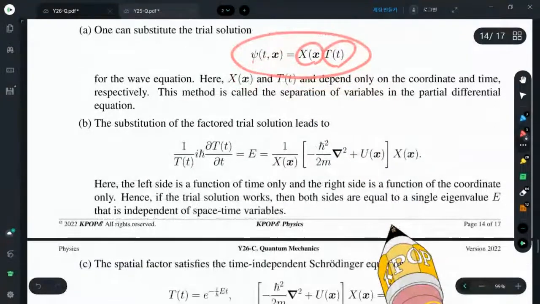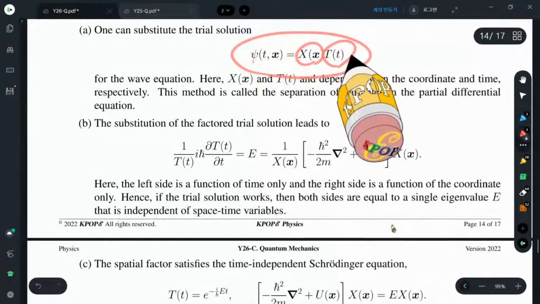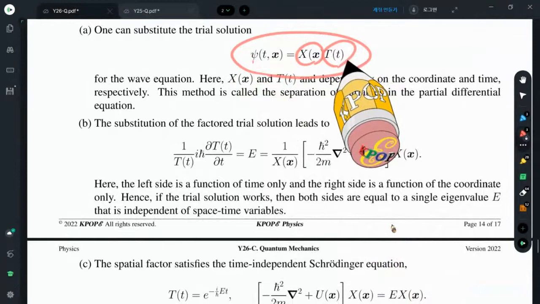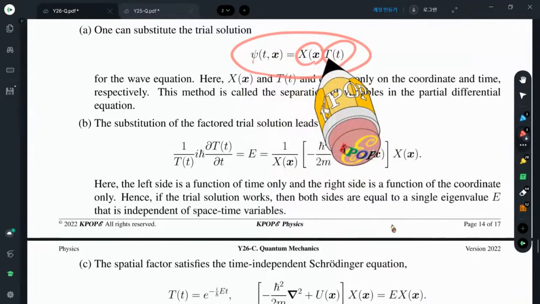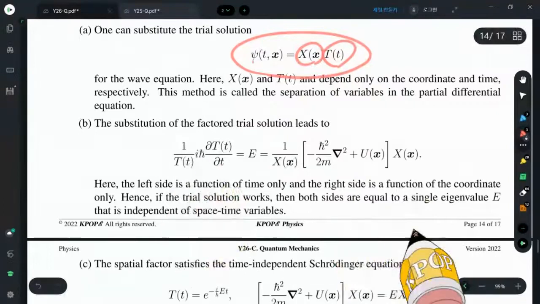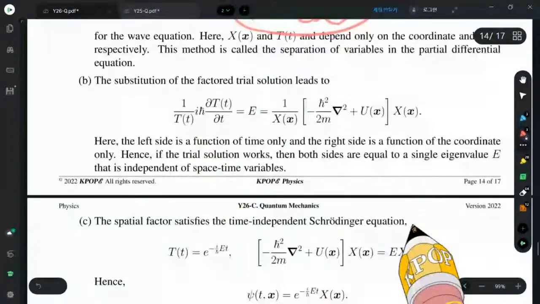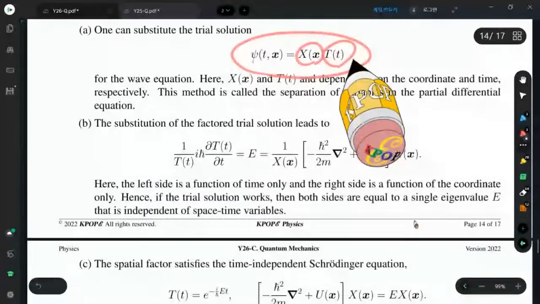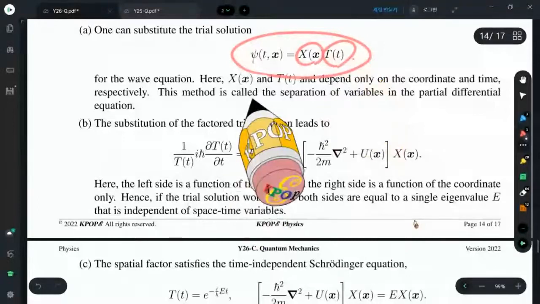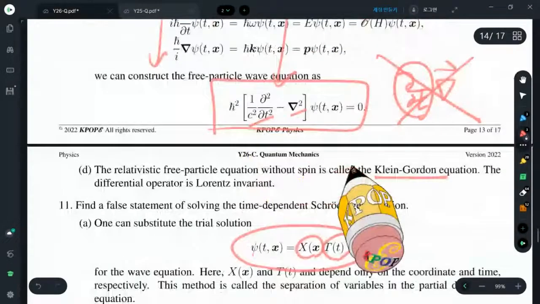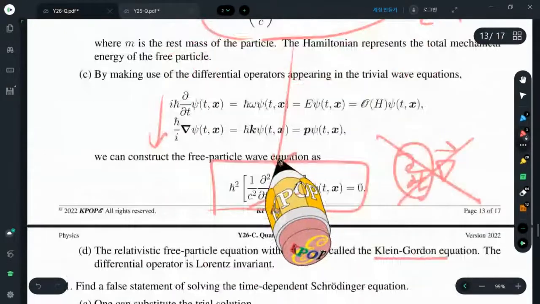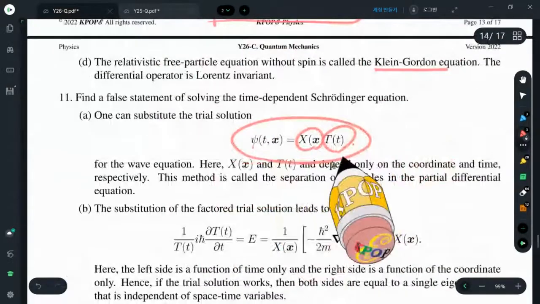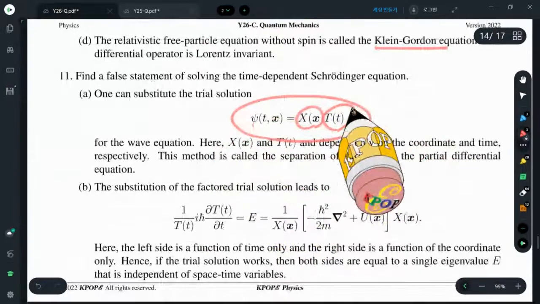You will learn when you study differential equations that this kind of trick is always used. It was developed mostly in physics problems. Substituting this into the Schrodinger equation and dividing by the solution,